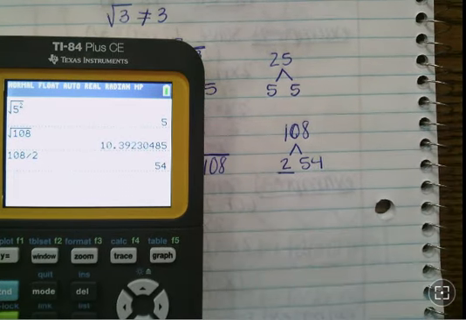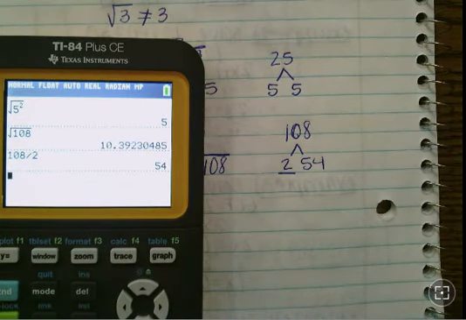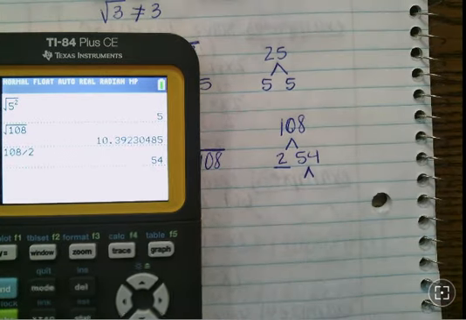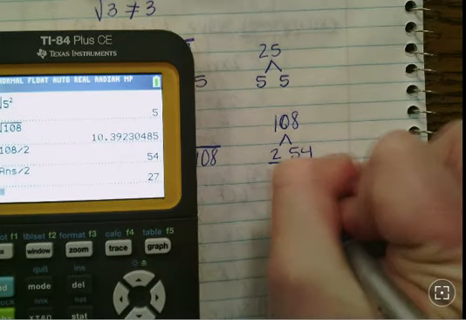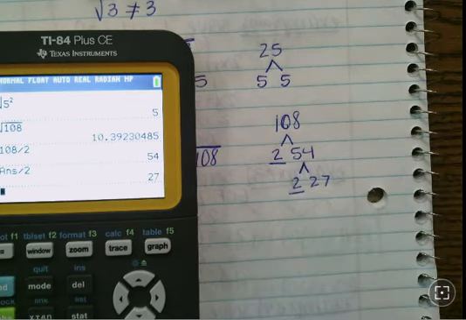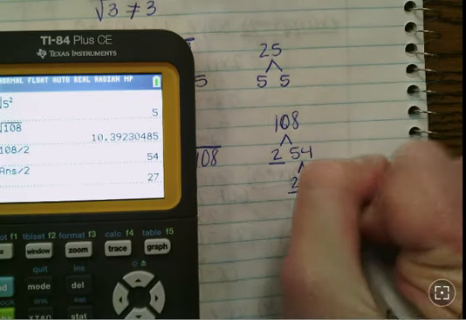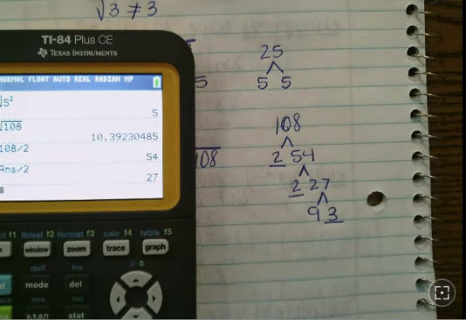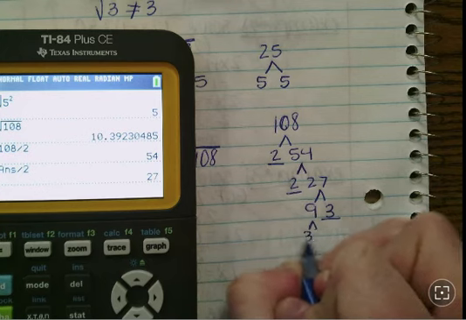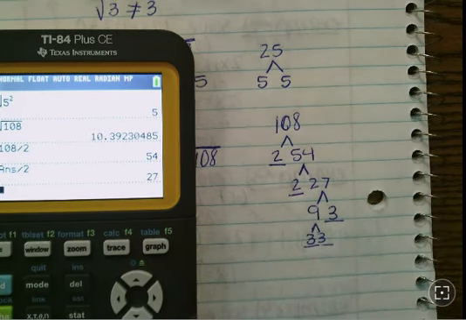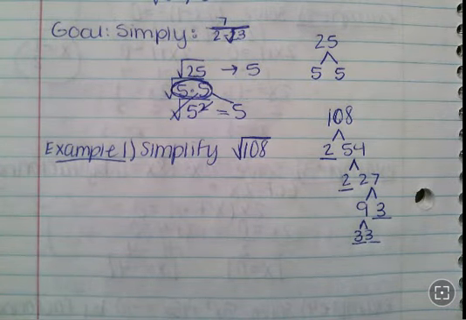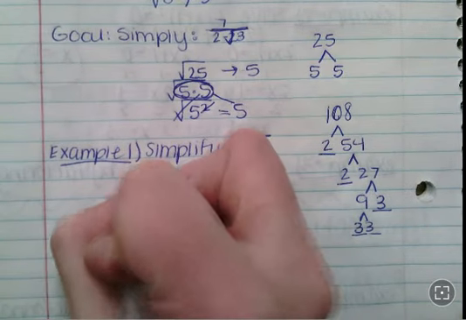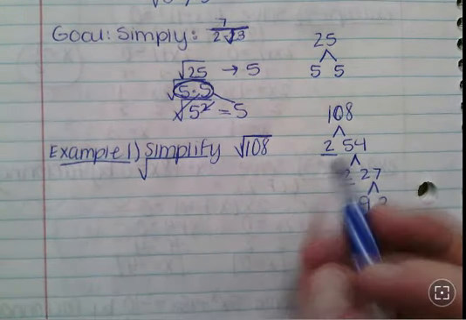The 2 is done. I like to underline them when I'm finished so I know that I'm finished with them. But 54 breaks down into 2 and 27, and similarly, I'm done with that 2, so I can stop. 27 breaks down into 9 and 3, and I can be done with that 3, but 9 breaks down into 3 and 3. So what we have done is broken down 108 into all of its prime factors. And so we can say the square root of 108 is the same thing as the square root of